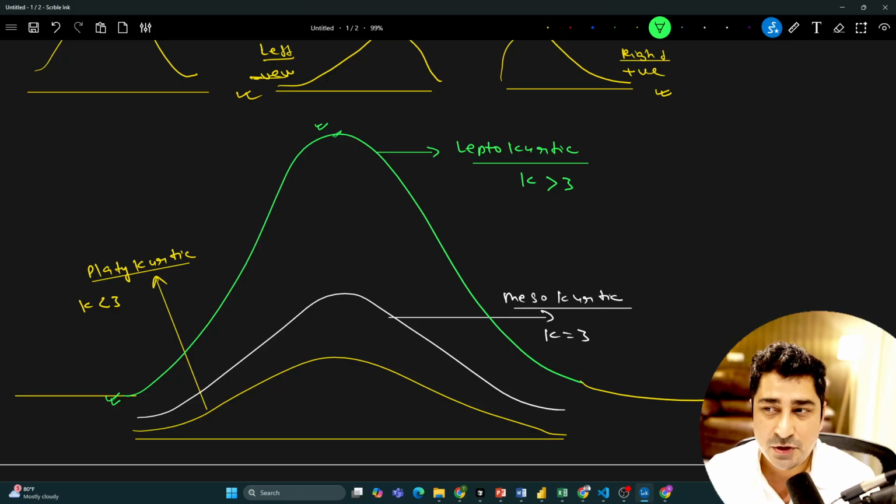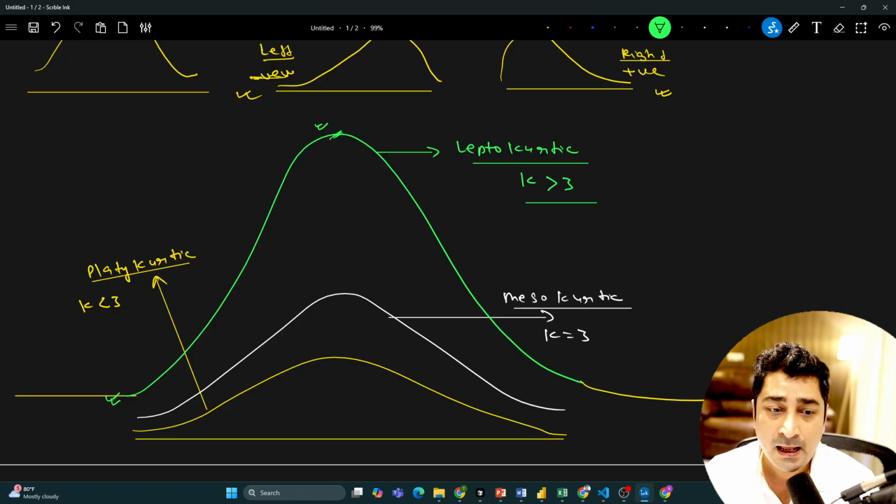We have an extreme outlier with respect to the data I have used to represent this entire leptokurtic. Generally we rely on mathematical calculation, and we try to find the k value based